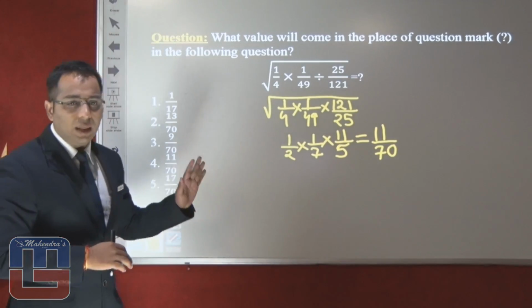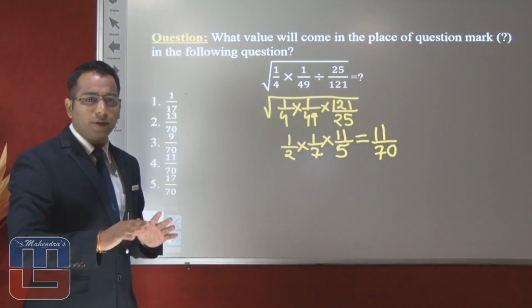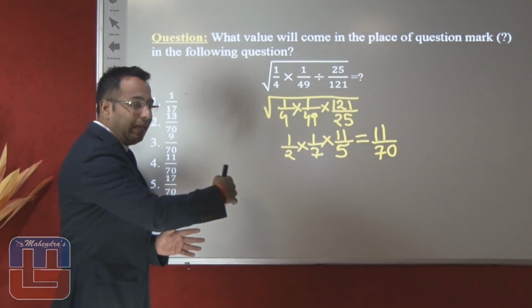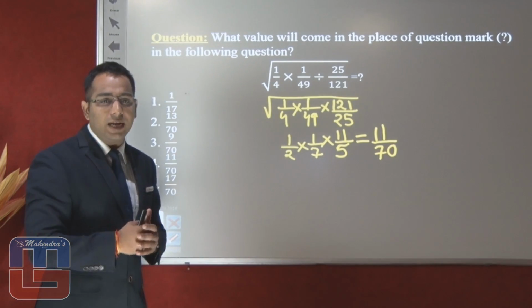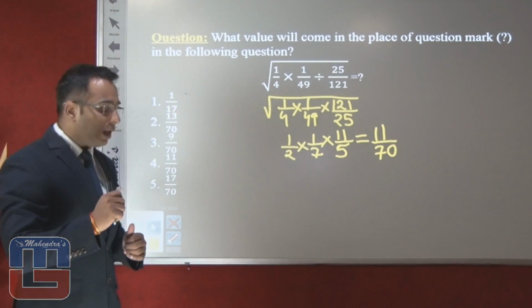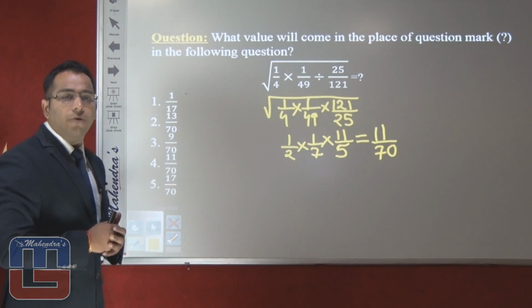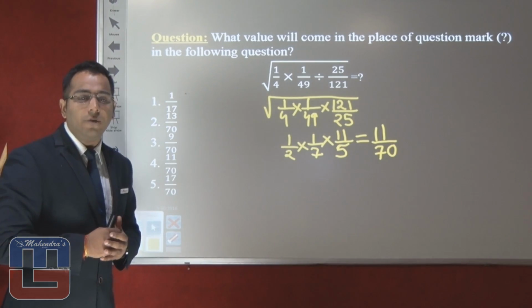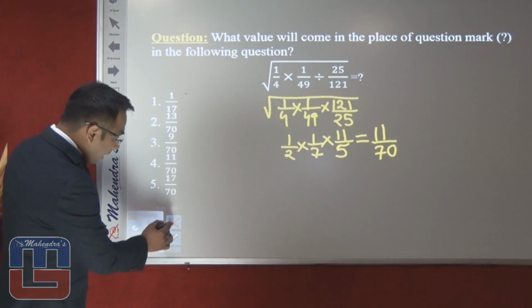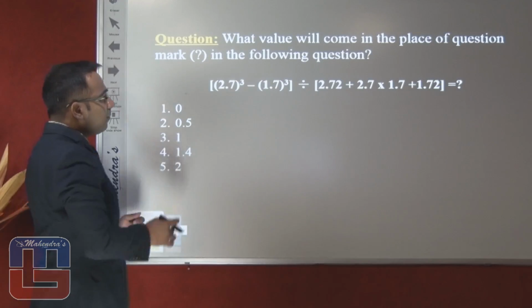As you can see here, no number is divided by each other, so it is very simple. We just have to multiply the values and we will get the answer very easily. The answer will be 11 upon 70, that means option number 4. The answer will be option number 4. Okay, let us come to the next question, which is